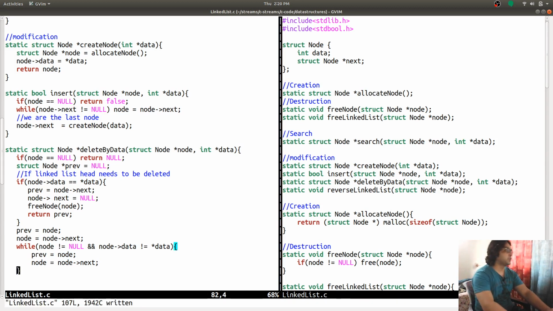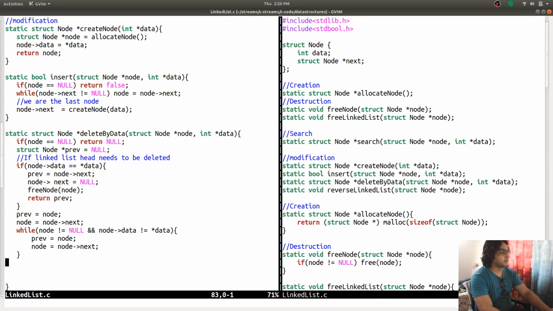So while node is not equal to null and the data is not matching the data, we keep moving.